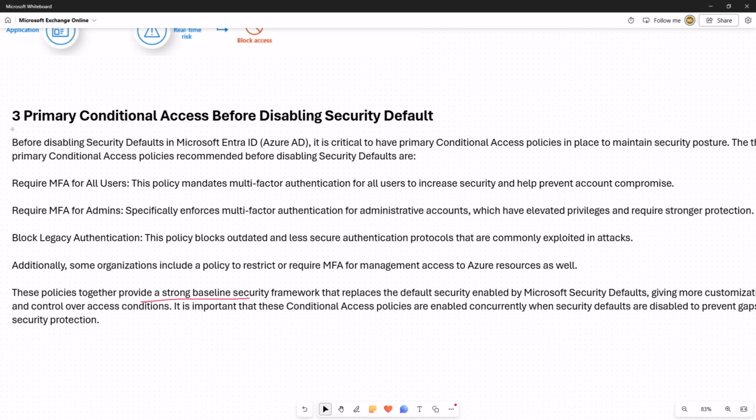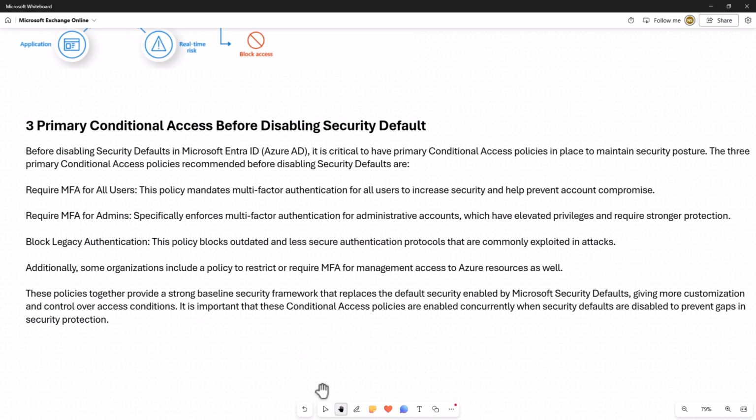Before disabling security defaults in Microsoft Entra ID, it is critical to have primary conditional access policies in place to maintain security posture. So these conditional access policies we will create. Now, what are these three policies?